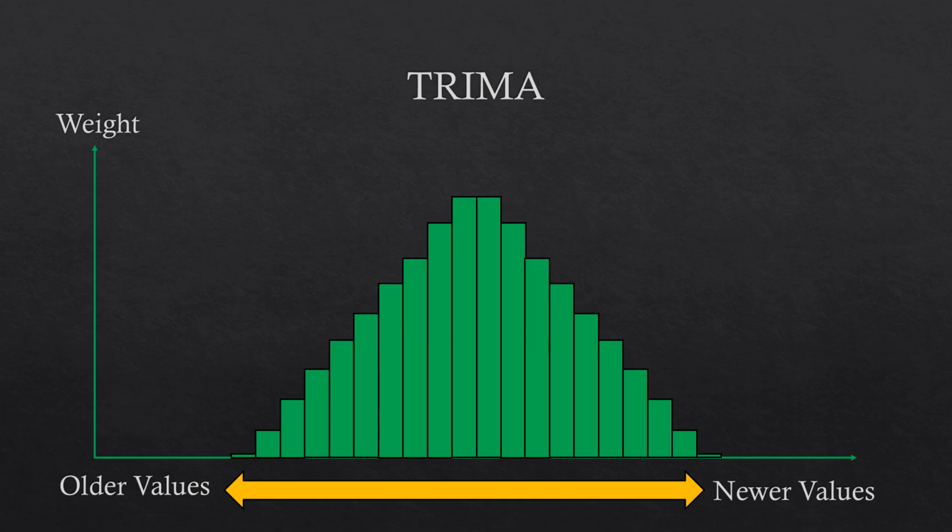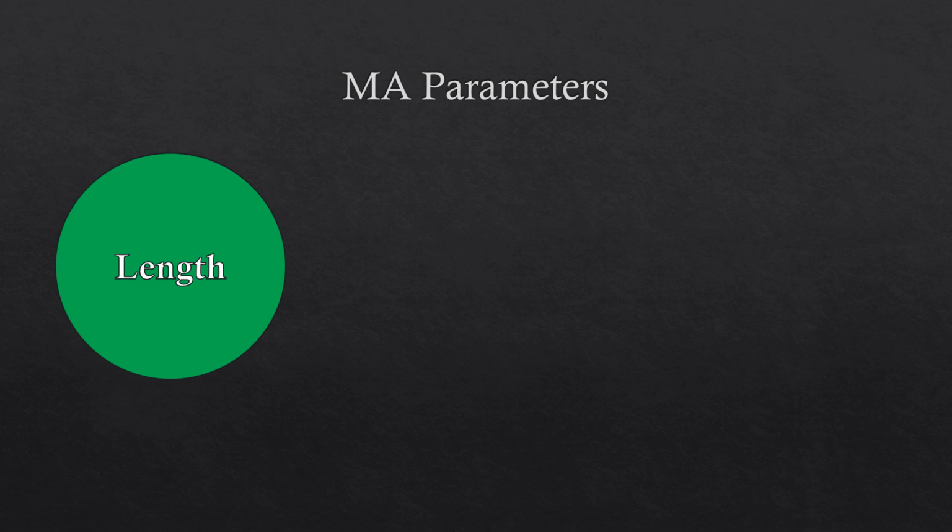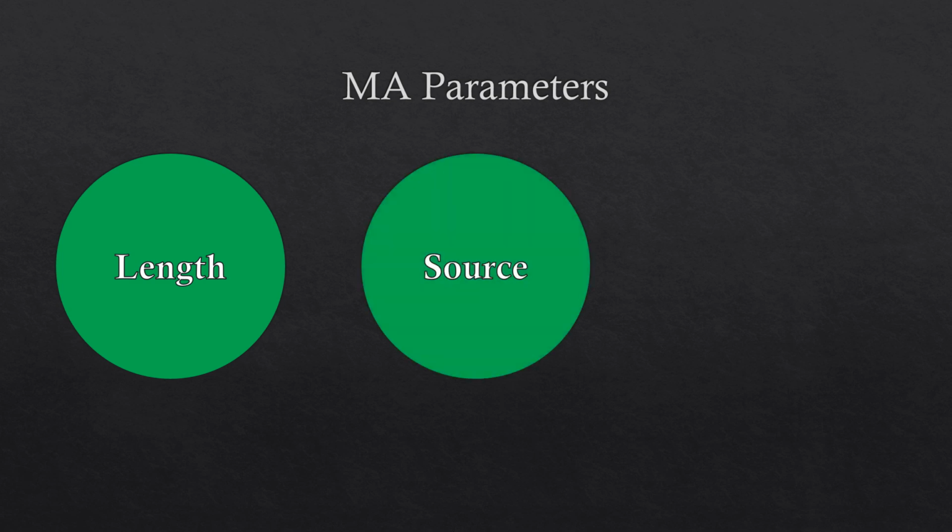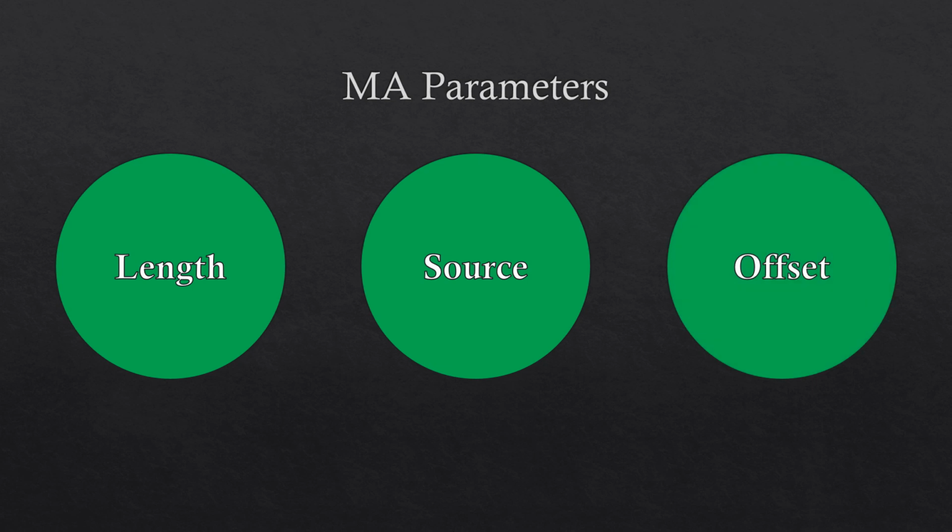So far, we have considered the calculation of moving averages using the closing prices, which is the common choice, but there are other possibilities. In fact, there are 3 parameters we can change in the moving average. The first one is called length, which is the size of the rolling calculation window, also known as the period. The second parameter is the source, which is the type of values that are going to be used in the calculation, like closing prices, for example. The third parameter we can change in the moving average is the offset, which shifts the whole moving average forward